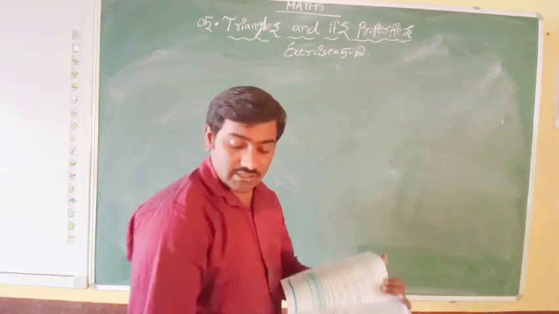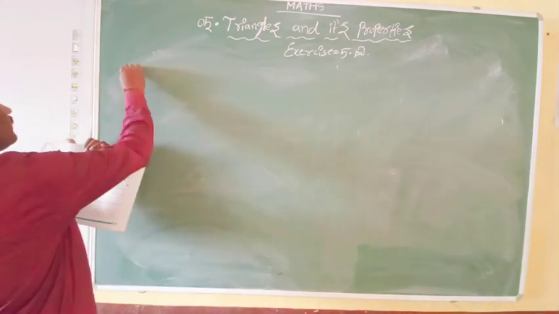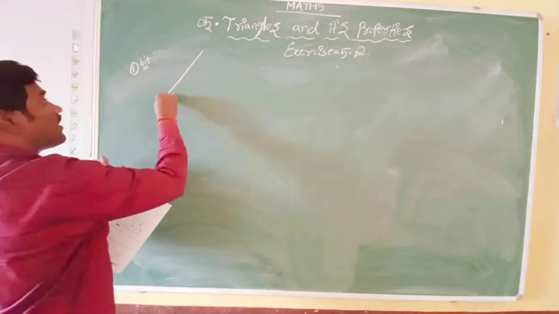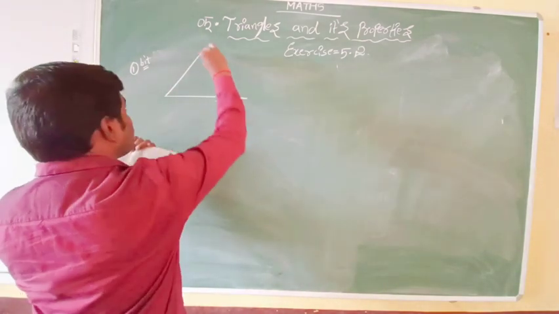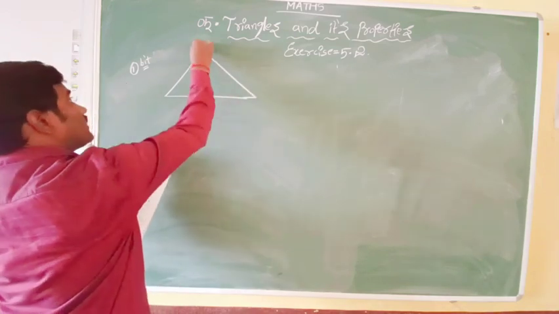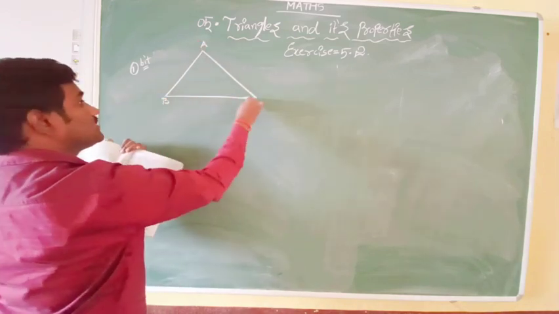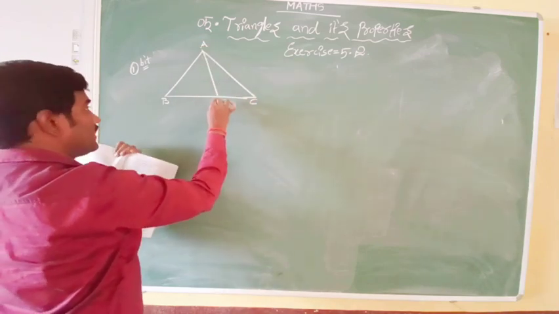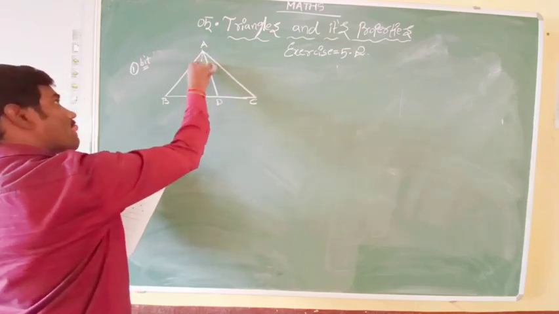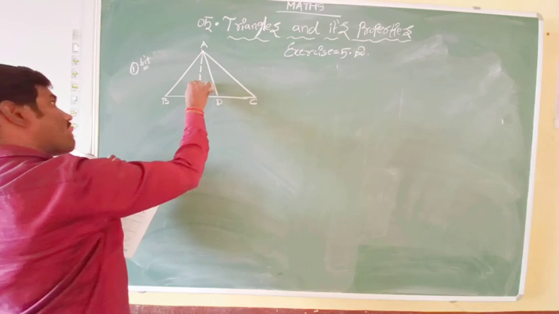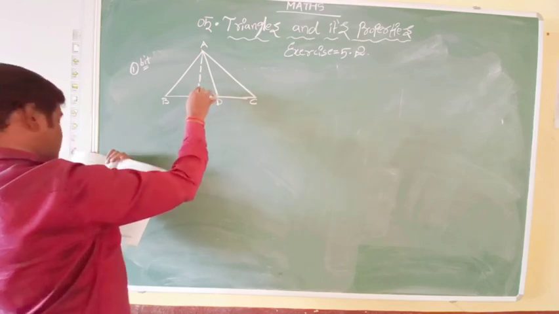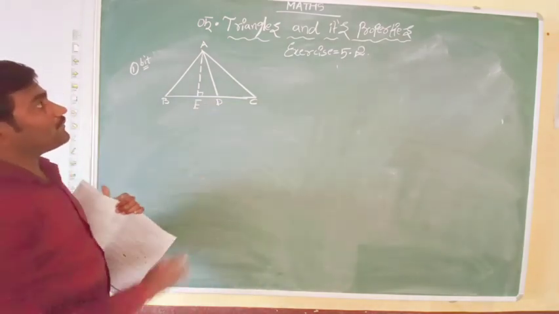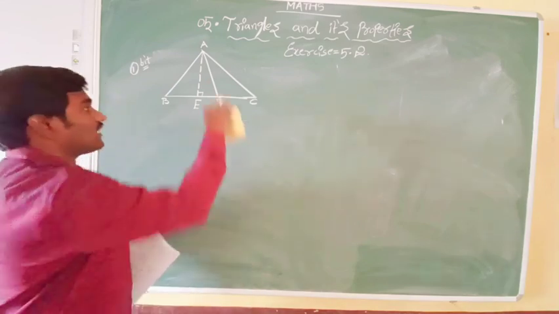They have given here, in the first bit itself, a diagram. Let me draw the diagram here. Here it is A, it is B, and it is C. A, D, this is E. Here we need to identify this. So this should become exactly half of the length.